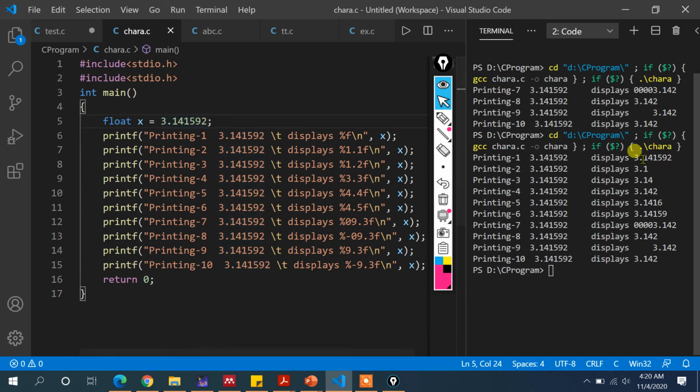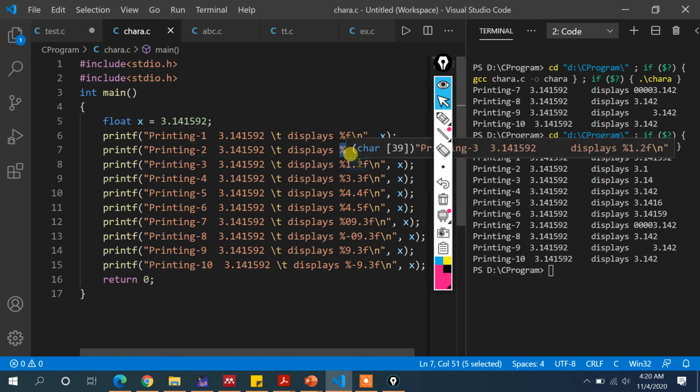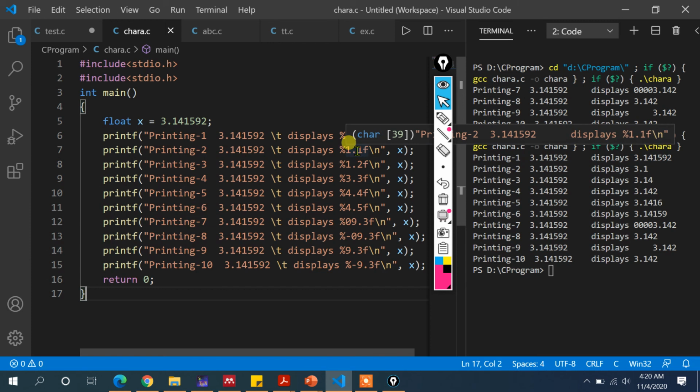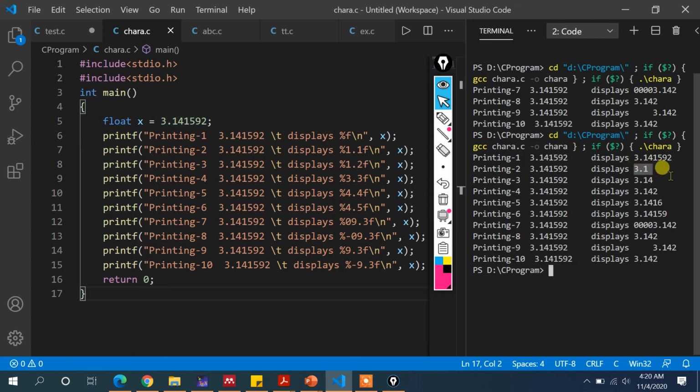Now in the second output, you can see I have used %1.1f, meaning I want to create one box for displaying the number after the decimal point, which is quite absurd. So the compiler ignores the 1 point part, and understands that the user wants to display one number after the decimal point. So the remaining things, 3 and the dot, will be displayed automatically.